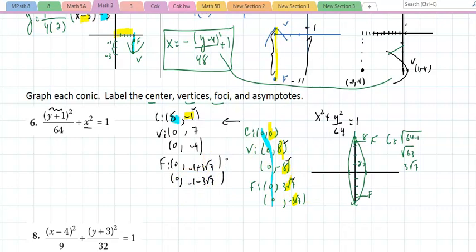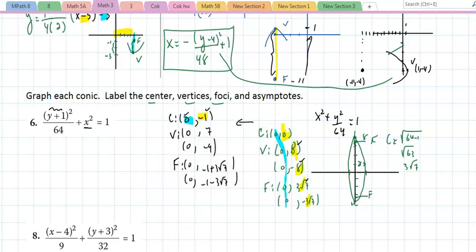Labeling is the hard part. We labeled before we even graphed. And you'll have no idea how challenging this is unless you try the problem the other way around. And now if I wanted to sketch a graph of this problem,